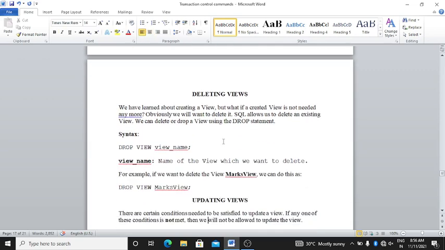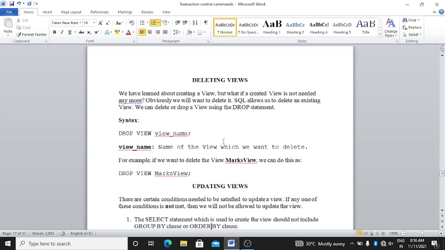Now deleting the view. We have learned about creating a view, but what if a created view is not needed anymore? Obviously, we will want to delete it. SQL allows us to delete an existing view. We can drop a view using the drop statement.